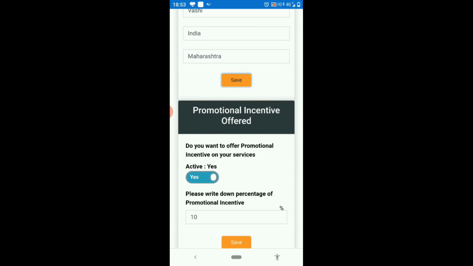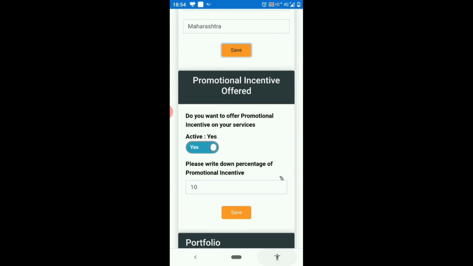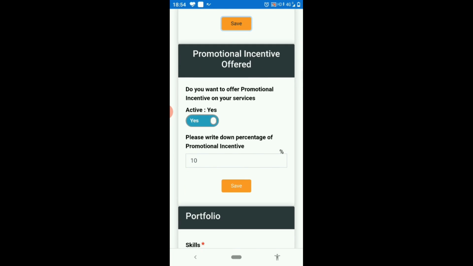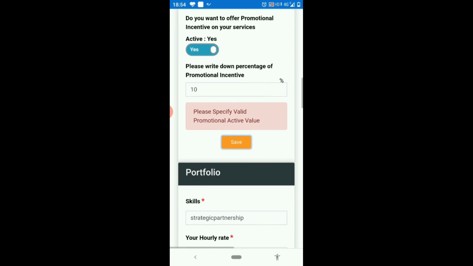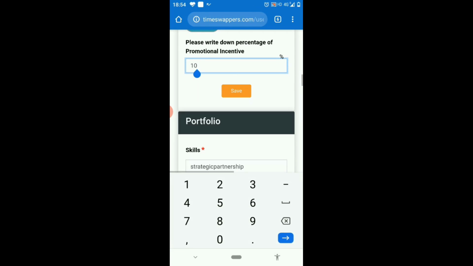Then promotional incentive offered. Here you can add promotional incentives for day swappers who can help you to promote your services on Time Swappers and other platforms of the EraSwap ecosystem. So I have activated it as yes. You can add the promotional incentive which you want to offer to day swappers. I have added 10, and you can save here.